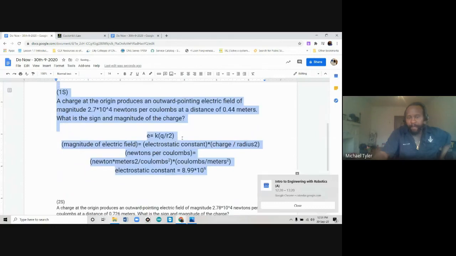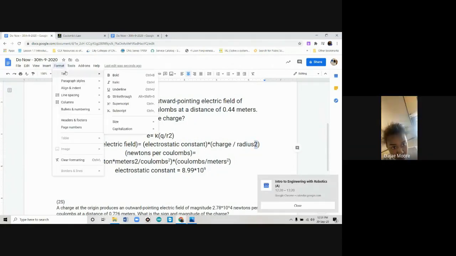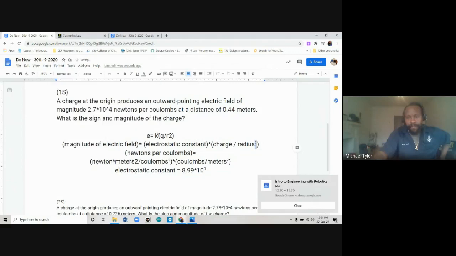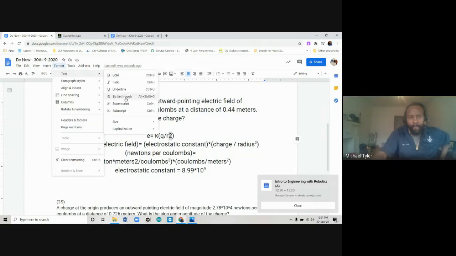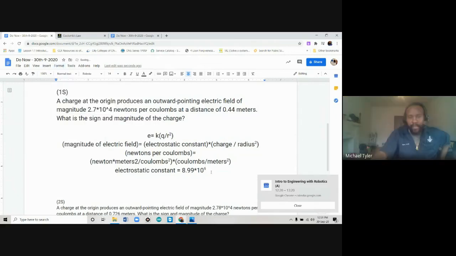So this should be better for you, right? See how I changed them to exponents? This radius is squared. It's not radius 2, right? So far, so good. And this is also radius squared here. Okay, so now it looks like it should. I forgot one right here too, huh? So everything I'm doing, you guys got to make sure it's done on your document.